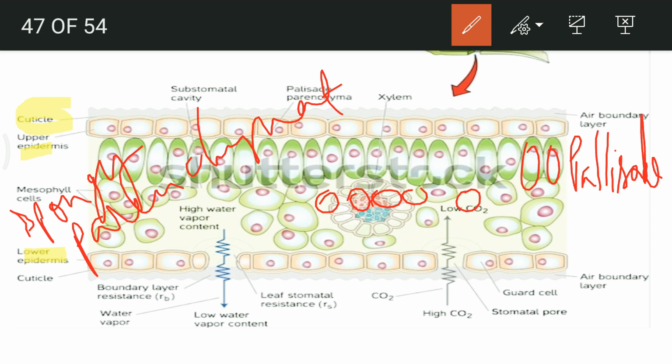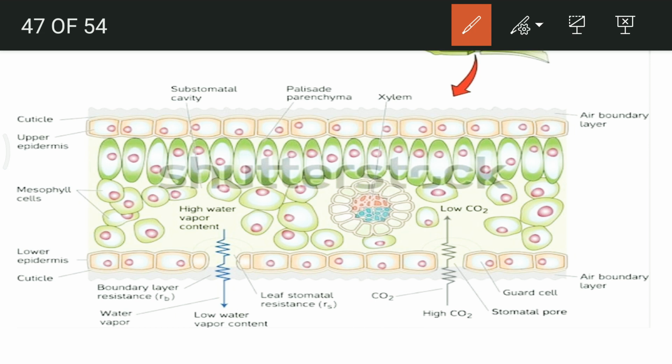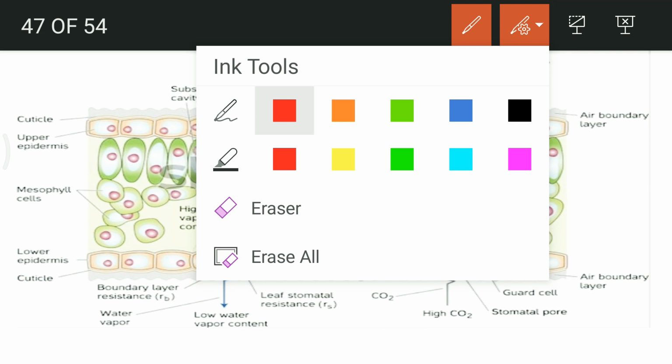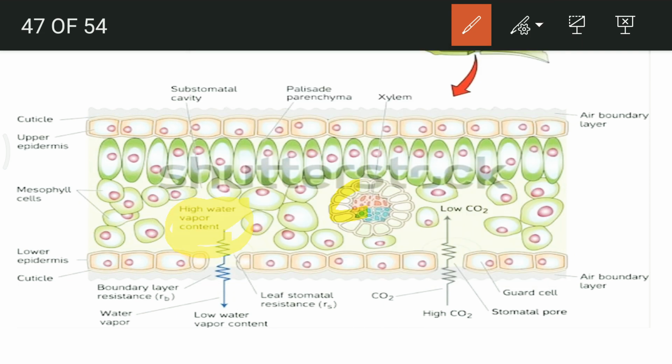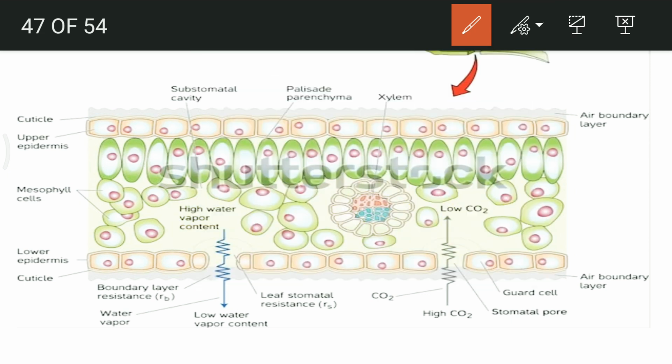If we follow this diagram, we can understand, forget about all the other details. If you just remember one small thing, these small spaces which are present in between the cells, these are the areas where water comes from. So water comes from the xylem, and one drop of water is expelled through these to this